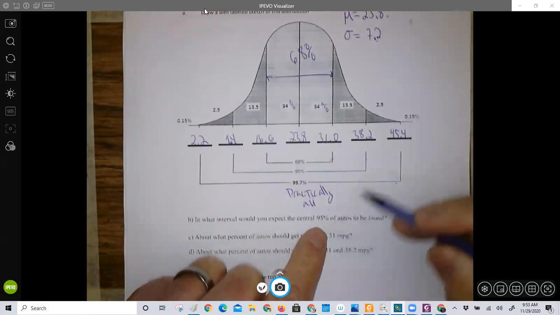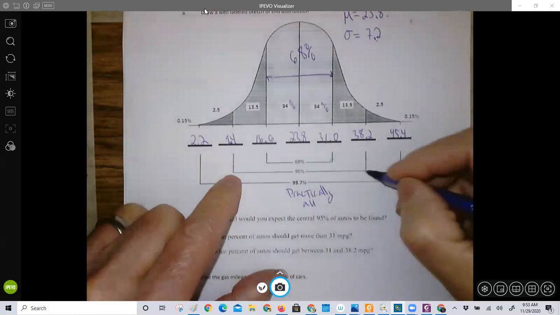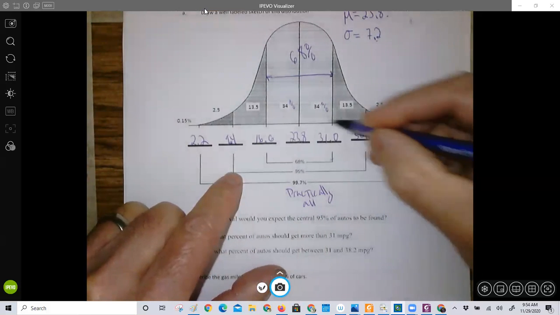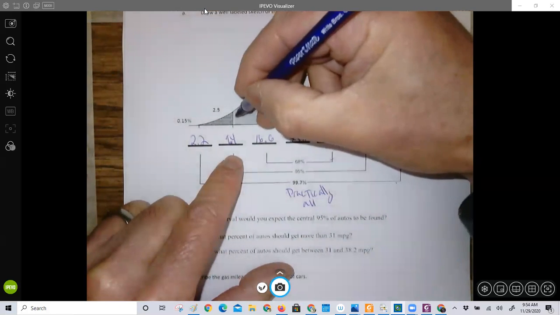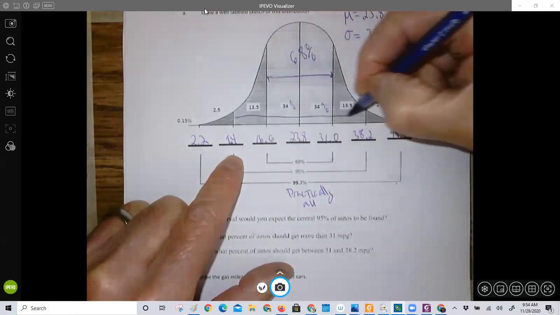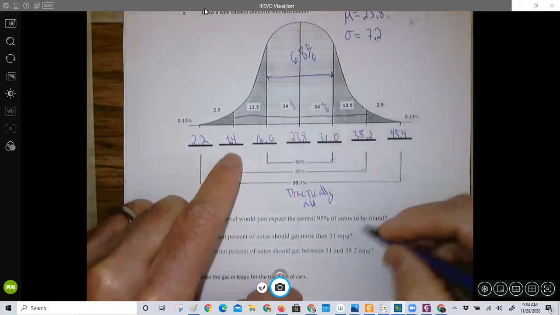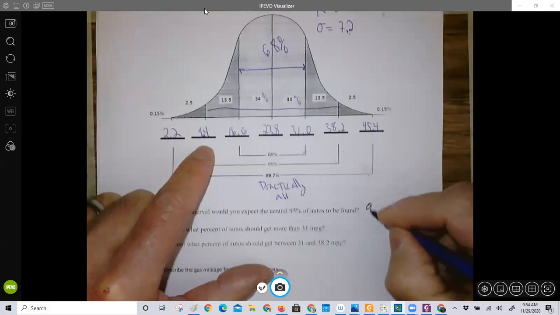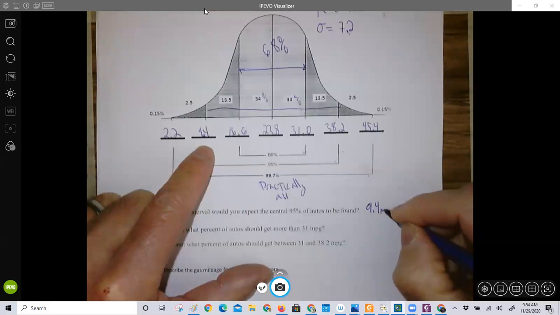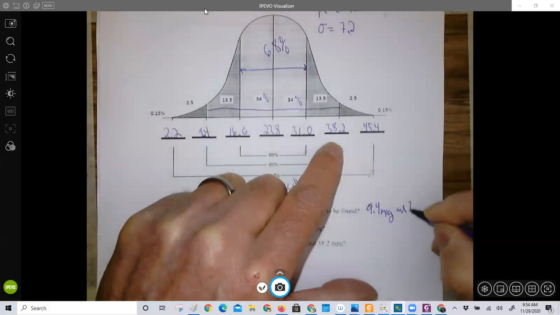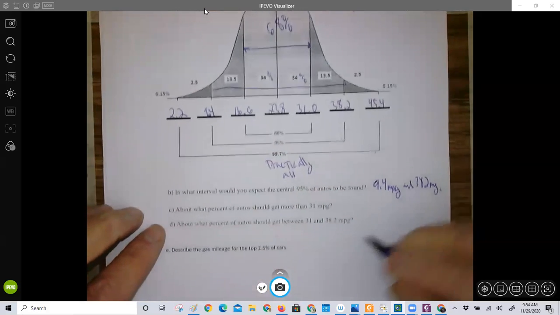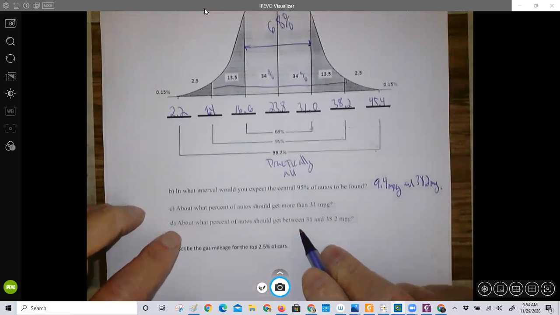what's the middle 95%? Well, I know that 2 standard deviations away from the mean, below it and above it, will capture 95% of that distribution. Do you see that? 95%. So it'll get cars between 9.4 miles per gallon and 38.2 miles per gallon. And then what percent of automobiles get between